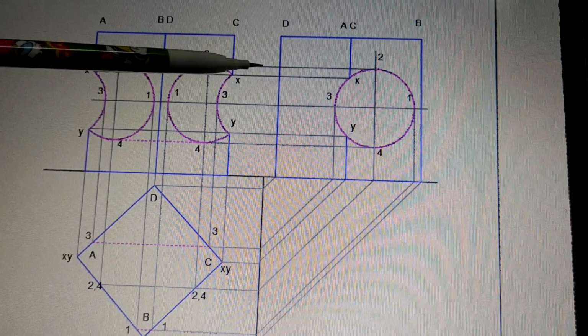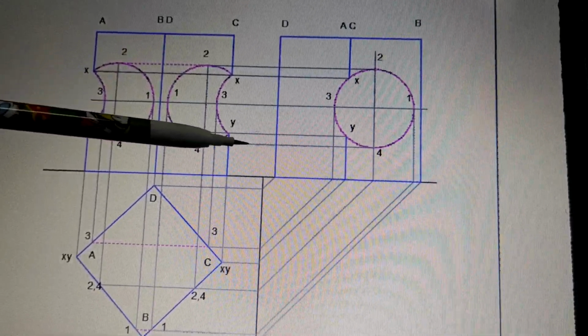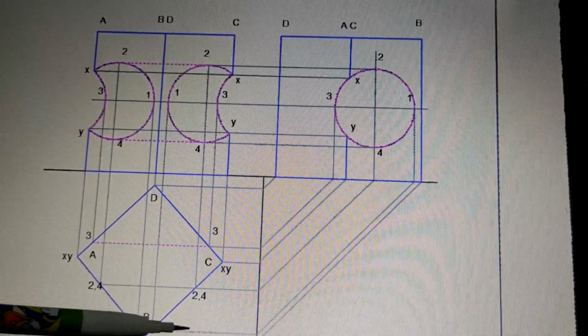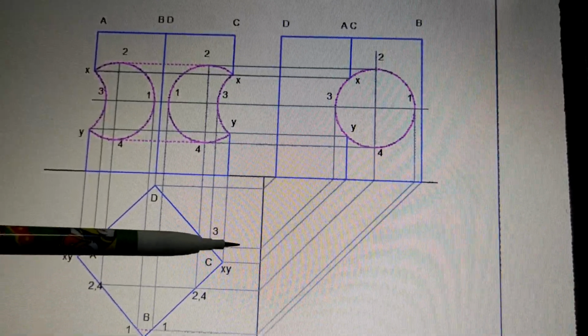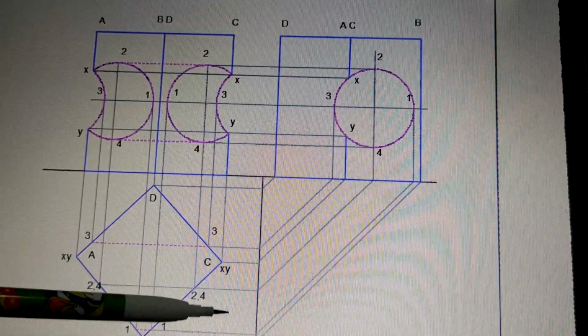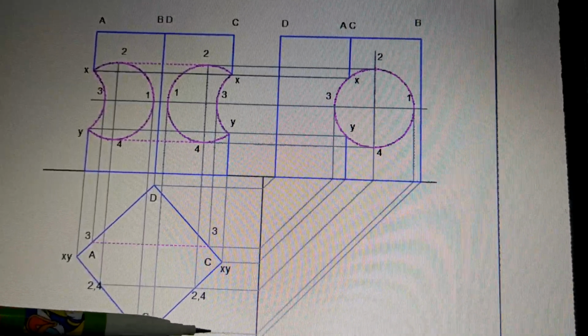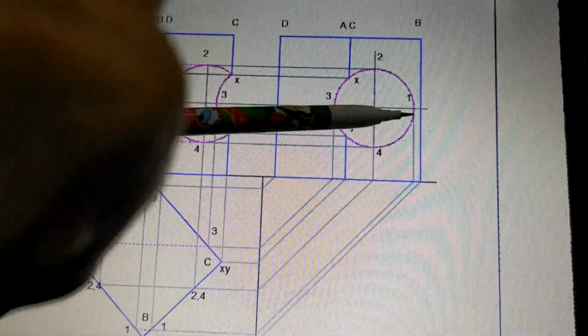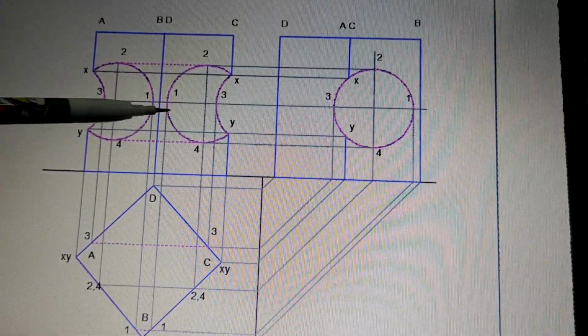Means there will be a continuous line like this, and like this. And when you draw the cylinder here, that will come like this line, and this line. So when you draw like this, let us try to find out what is this line number 1 doing. This line number 1 is here, that means this particular place. So that one is in front, so it is here.